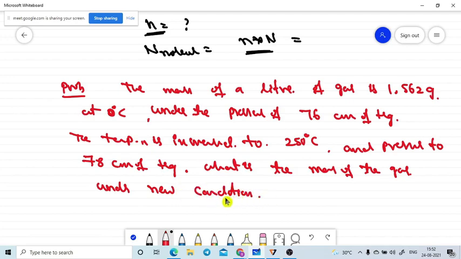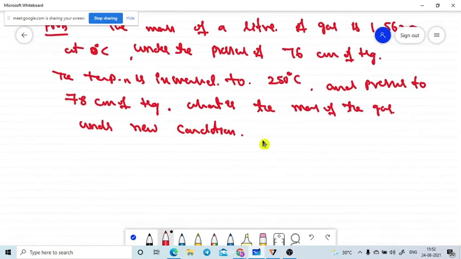But my doubt is, you need to take care about this one. What is the mass of the gas they are asking? You may get the doubt: if you are performing the experiment, the mass must be constant throughout the experiment, that is our general idea. But in this case, they did not tell that the mass is constant. They are adding the mass to the system. That's why we need to take care about this one. That is very important.